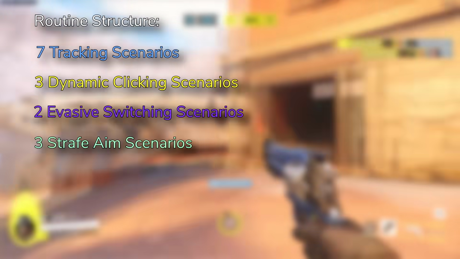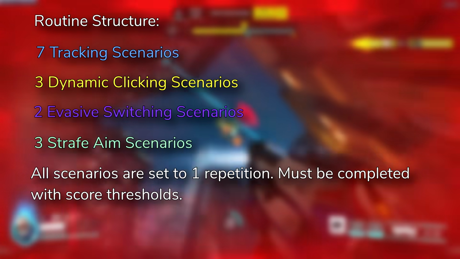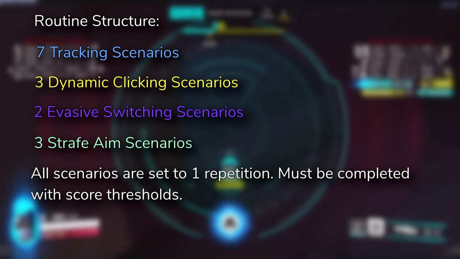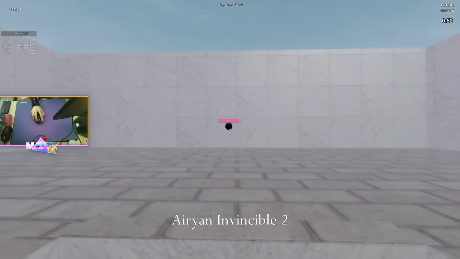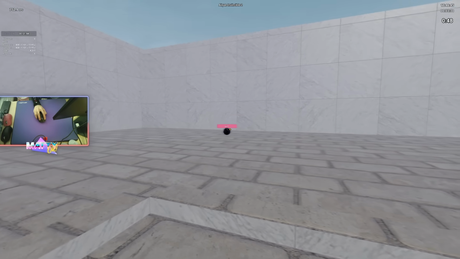The routine is structured with the intention that you do it with the threshold method that I explained a while back. The video for it is featured in the description. We begin tracking with Aerion Invincible 2. Though this scenario does not possess the instant acceleration features, we have it as an opener to ease the player